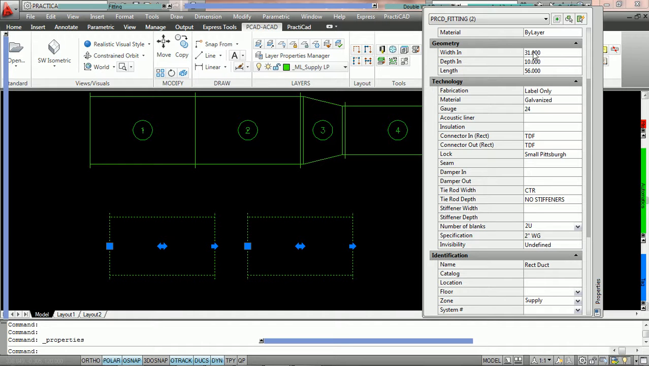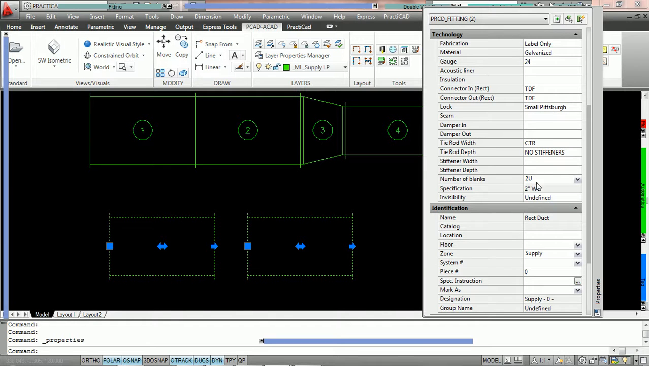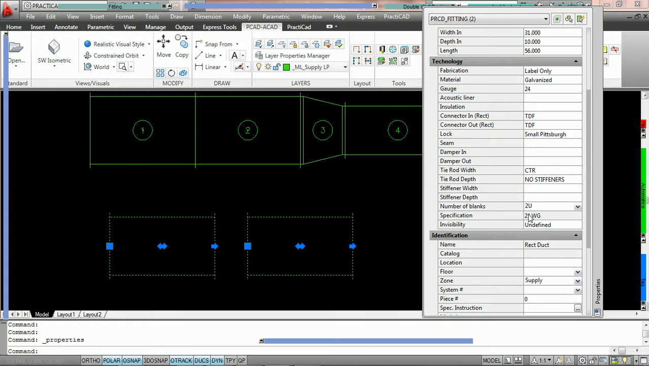You can see everything in the geometry matches. There is no word varies. You can see technology, all of the properties match, and even under identification. At no point do we see the word varies. If we were to turn the mechanism, identical fittings, identical fitting numbers on, and number this duct, they would both